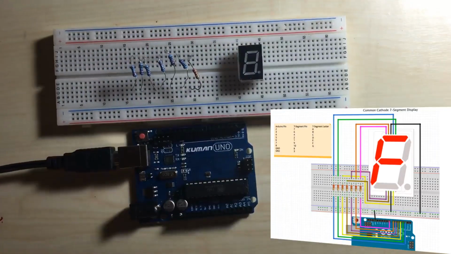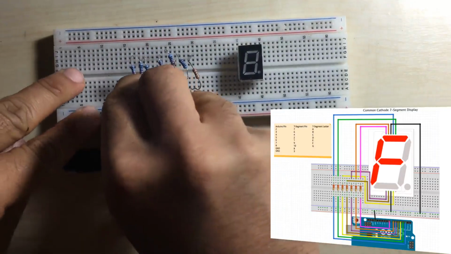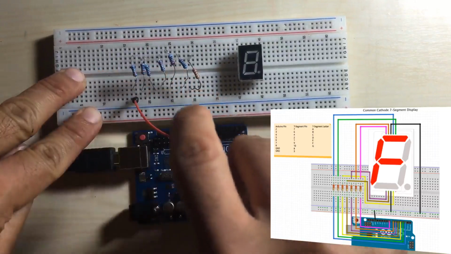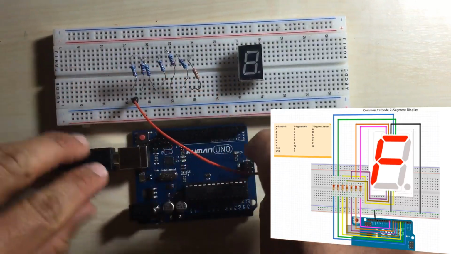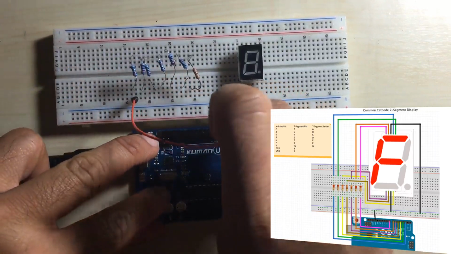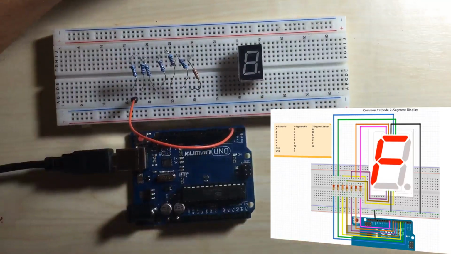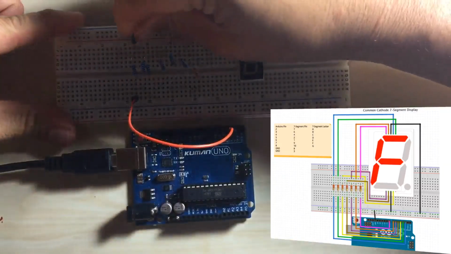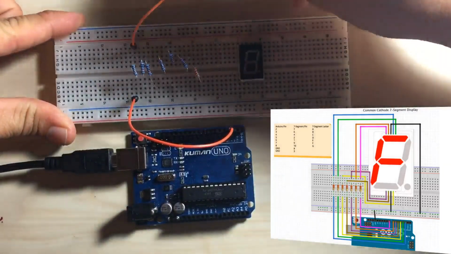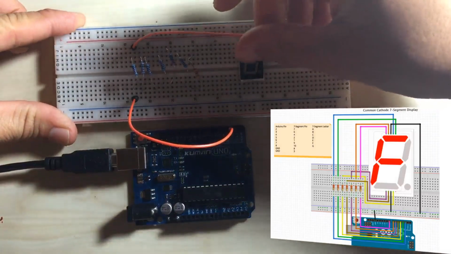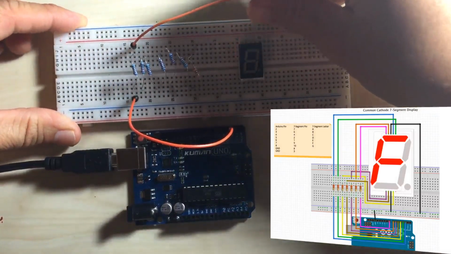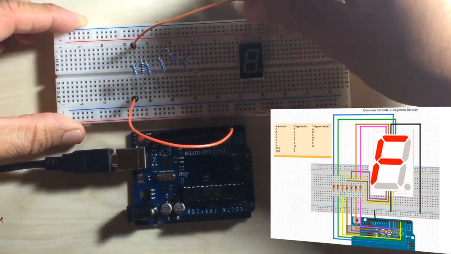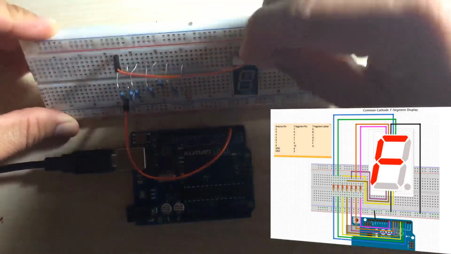So from the first resistor, it goes to pin 2 on the Arduino. So I'll make that connection. The other end of the resistor goes to pin 7 on the 7-segment display. Right, so at the top,